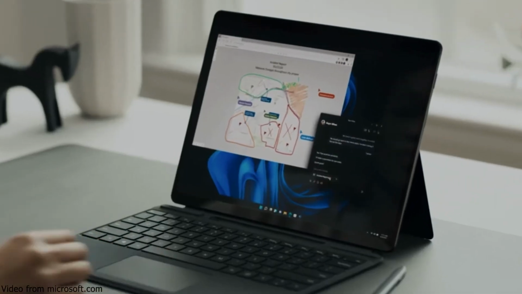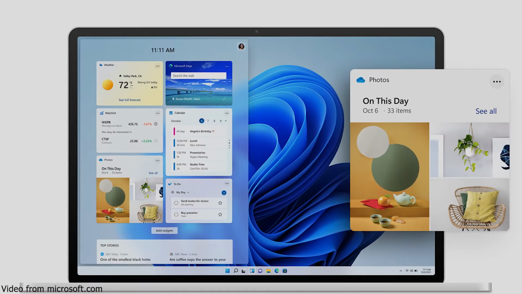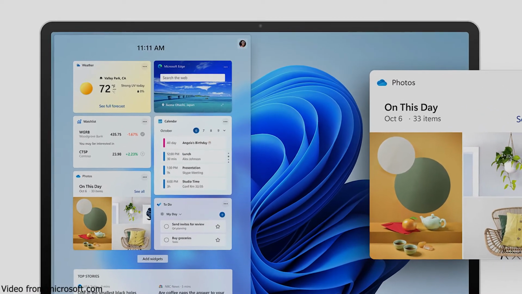Okay, so the next thing is no sharp corners on Windows. All the corners have become rounded, and there are no sharp edges to the corners as it was there before. So yes, it looks modern. It looks a lot modern.